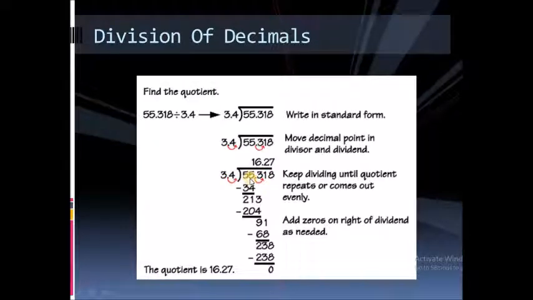55 will go one time in the table of 34. So I will write 1 in the quotient and 34 is here. When you subtract both of these, you will get 21. Right? Now, as you know, this point is being shifted to the right. So I can note down this 3 here. It will become 213. 213 is again divisible by the table of 34 and its nearest will be 204. That will go 6 times. Okay. Now, when you subtract both of these, you get 9.